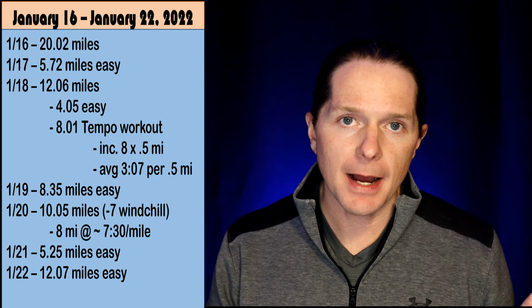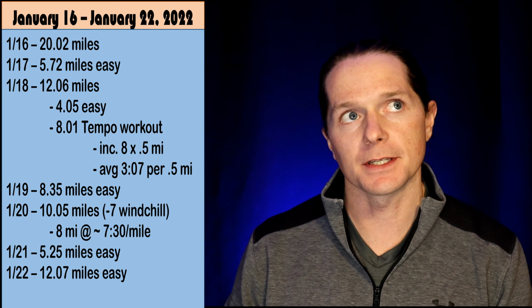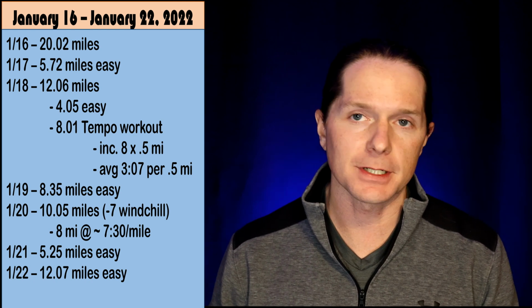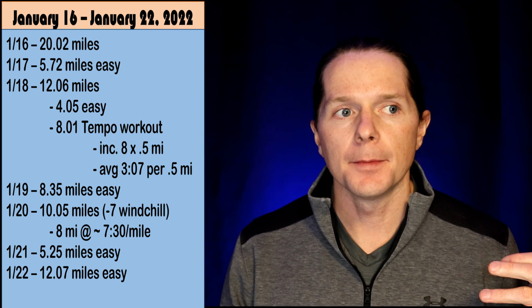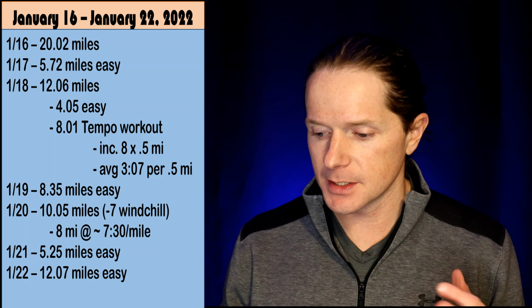There were 4 easy miles, and then there were 8 miles of a tempo workout. It was a mile warm-up, mile cool-down, and then 8 times half-mile repeats. The repeat time ended up being 3 minutes and 7 seconds per half mile. So what is that? It's a 6:14 per mile pace for a full mile. So not bad, not the best that I've had this block, but a few things to remember is this week